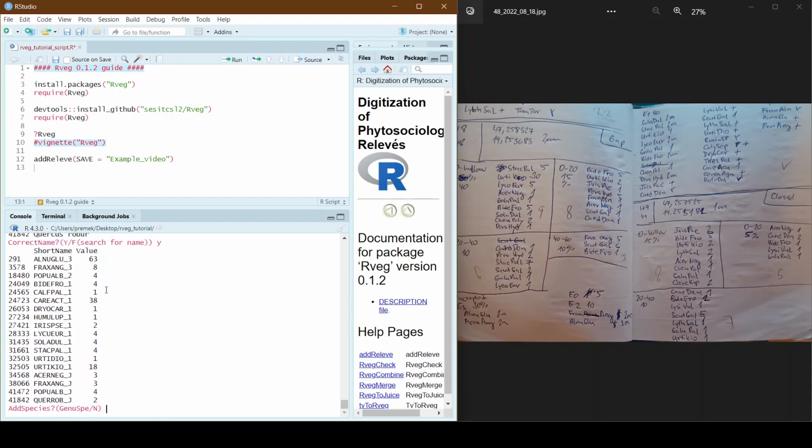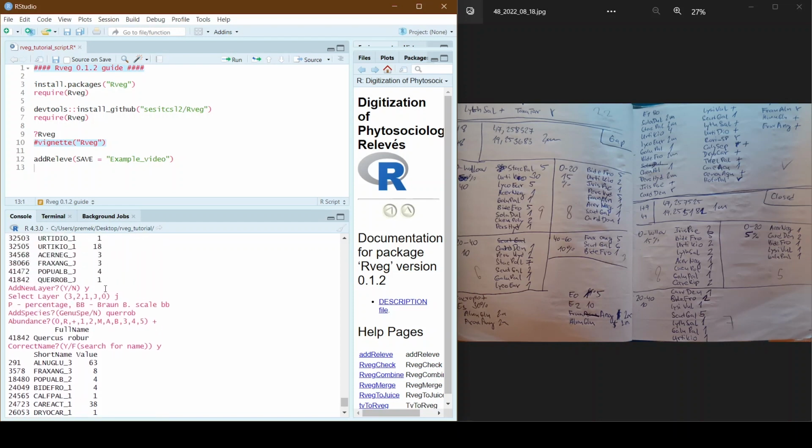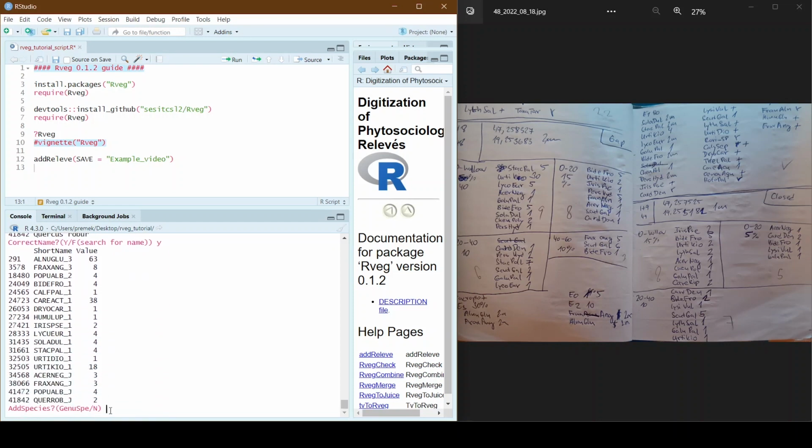So you can see it change from 1 to 2, or you can also add a species or delete a species. So I can, for example, add a juvenile of Frangula alnus with R, and you see it here.